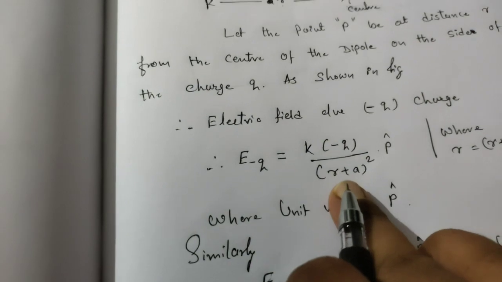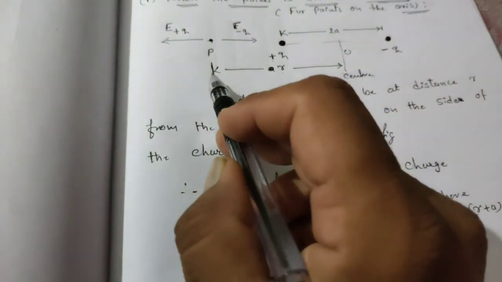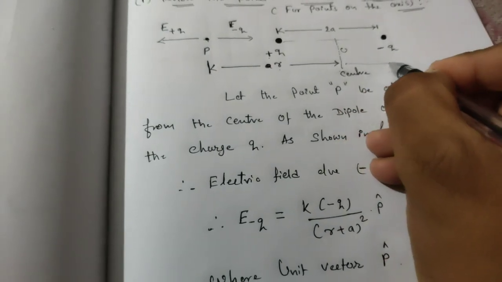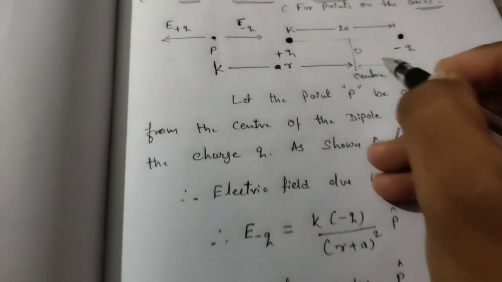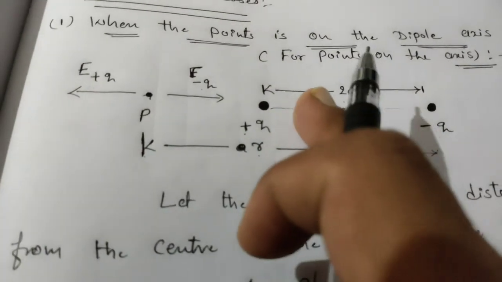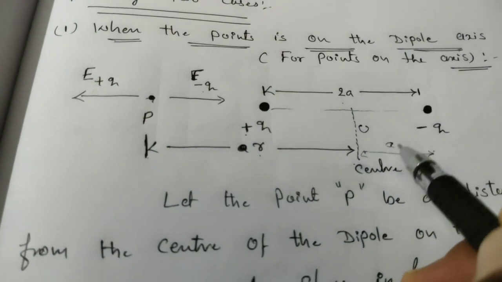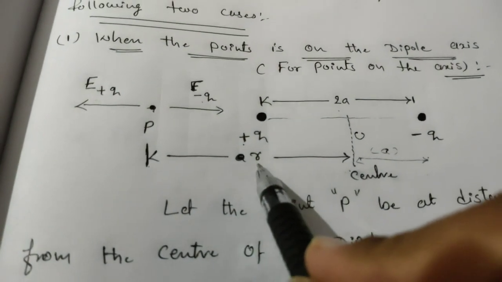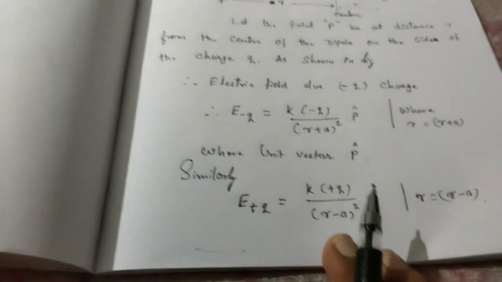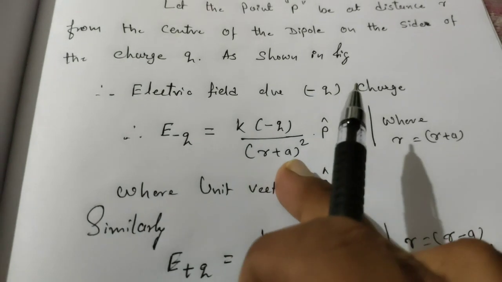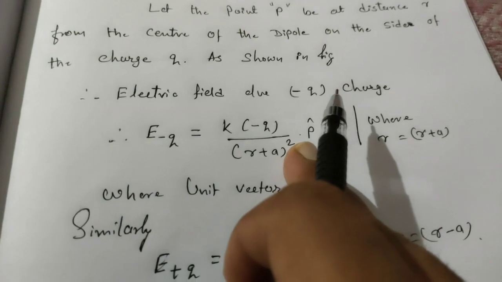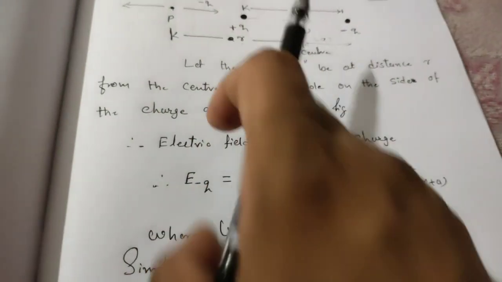But here we are going to find it due to the minus charge particle, so here minus q is the magnitude of the charge particle, and the distance. The distance we have from this point to this point, and one more thing we have to add, up to this point. The separation distance is 2a, so a plus a equal to 2a, meaning this a we have to add over here. So the total distance will be r plus a, right? That distance we are going to insert over here: r plus a whole square into p cap, where p cap will be the unit vector in the direction of the axis of the dipole.